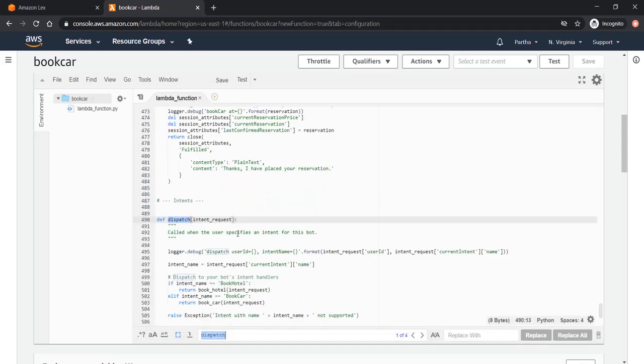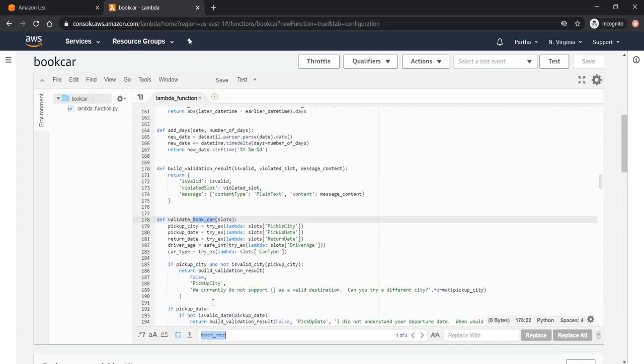Let me go to this dispatch function, and here you can see intent_request is the argument that it is taking, and from this intent request it is identifying the current intent name, and if the current intent name is book car, I am interested in this current intent book car only, so it will return to this function book_car.